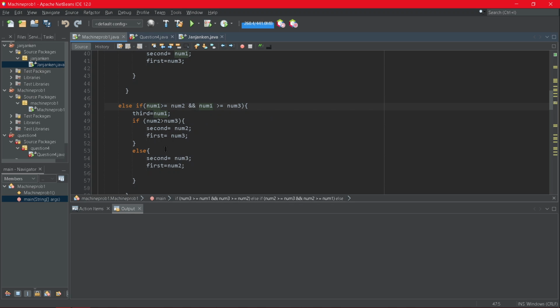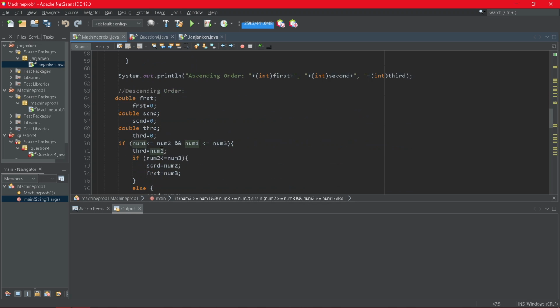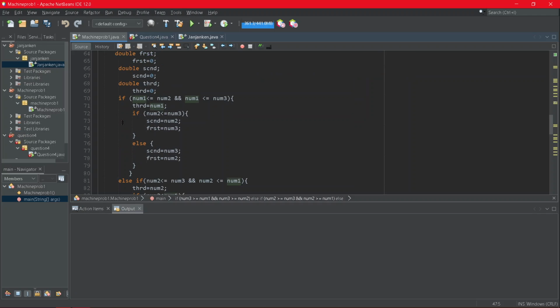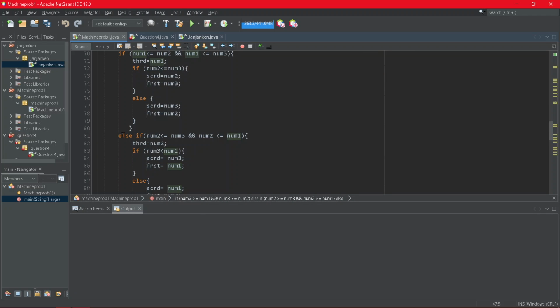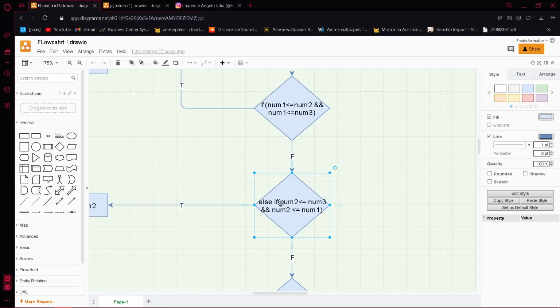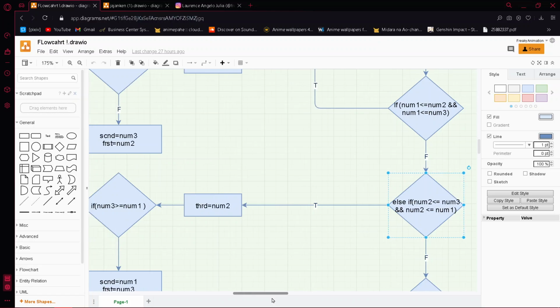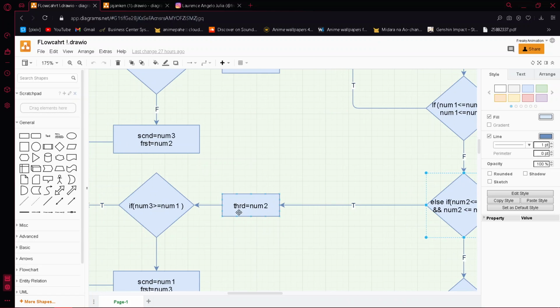As also given in the code, if num2 is less than or equal to num3 and num2 is less than or equal to num1, and it is true, then third is equal to num2.